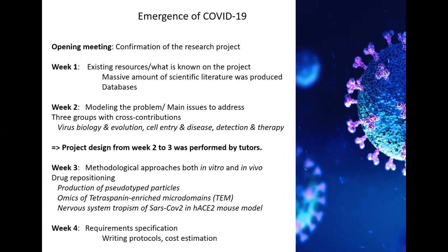Week two was dedicated to the definition of the problems. The idea was to address some problematics that could integrate all fields of interest of the different students. Then the transition to week three was difficult for such young students. So it's the university tutors who worked to define from that